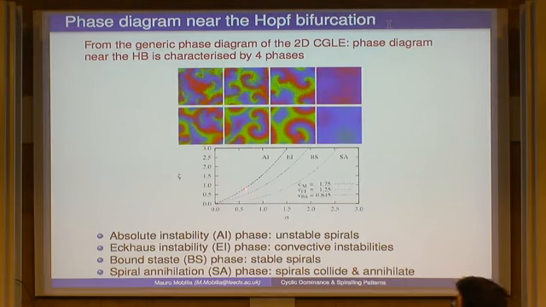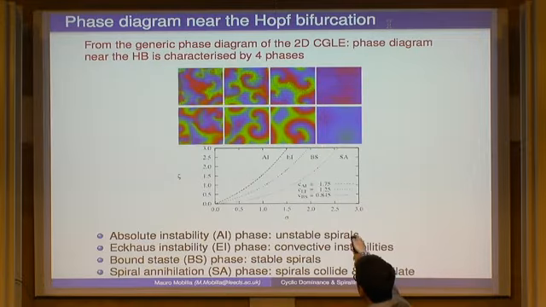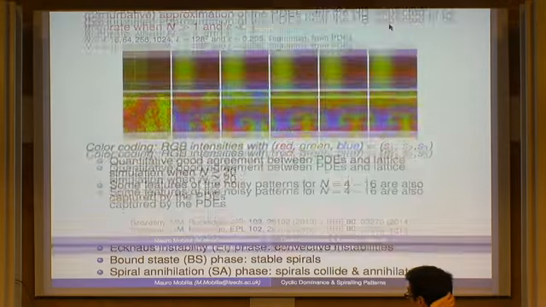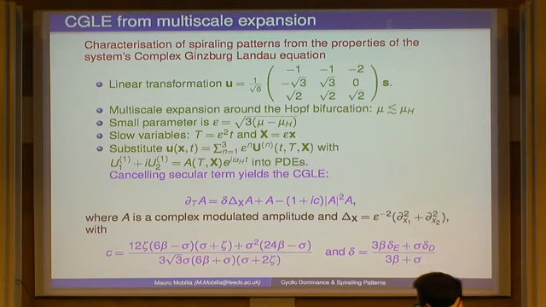So there should be a phase called AI, in which the spirals are unstable. EI, in which the spiral waves are convectively unstable. Phase BS, in which the spiral waves are stable. And eventually, phase SA, in which the spirals collide and annihilate. That's the prediction that one obtained from the CGLE just by going to the literature and using these expressions